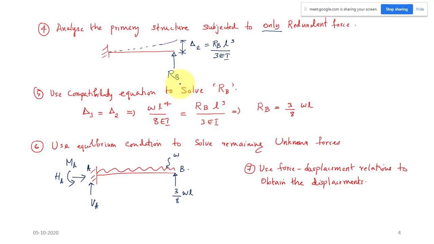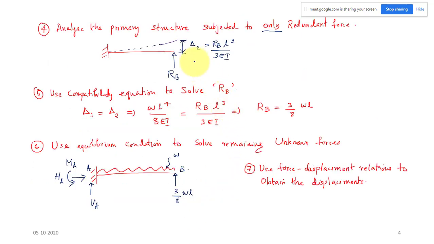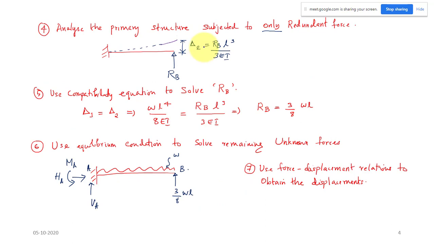So what is the compatibility equation? From here you know this is a delta 1 downward deflection, and this is the delta 2 upward deflection. And if you see the structure, any kind of displacement is not possible at this point B. There is no movement in this direction at point B, because there is a support, so deflection should be 0. Total deflection must be 0. That means the delta 1 in the downward direction and delta 2 in the upward direction both must be equal in magnitude. Okay, so you can relate the displacement value delta 1 is equal to delta 2.